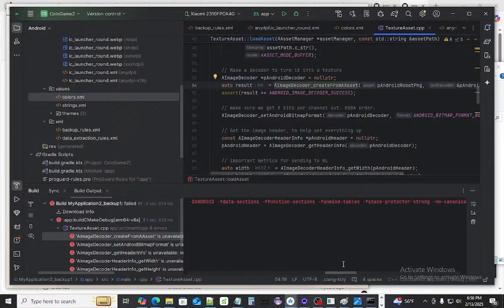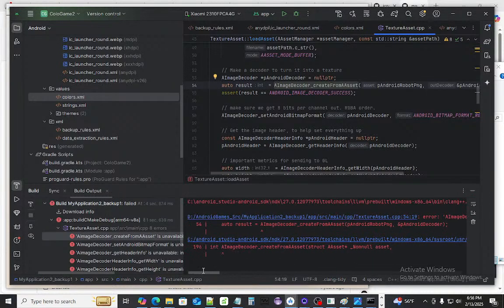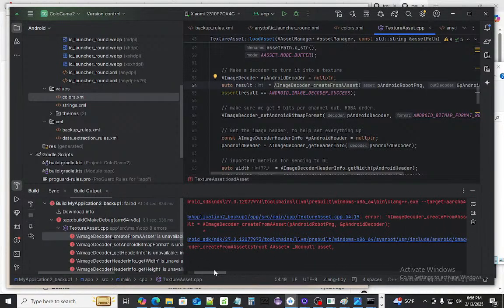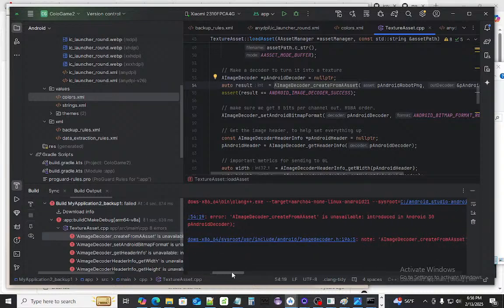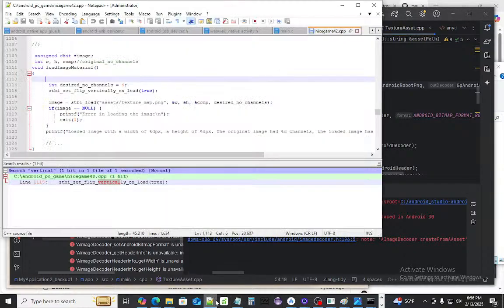Hey, linking the C file and image decoder is not available because it was introduced in Android 30. So I guess